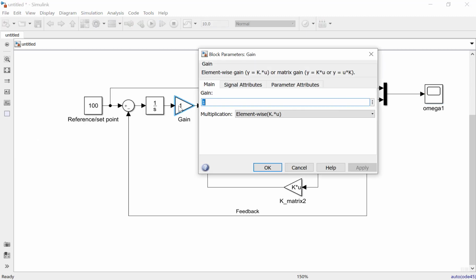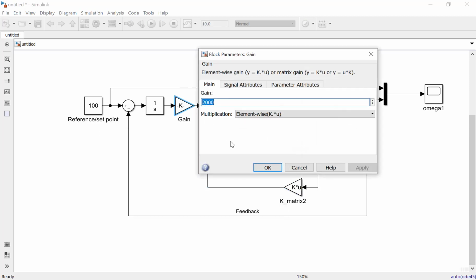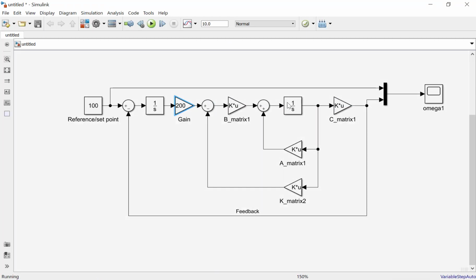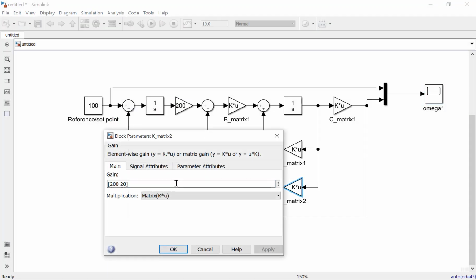Okay, we need to change this to be 200. Okay, we can see the system can increase the value. We will change again.